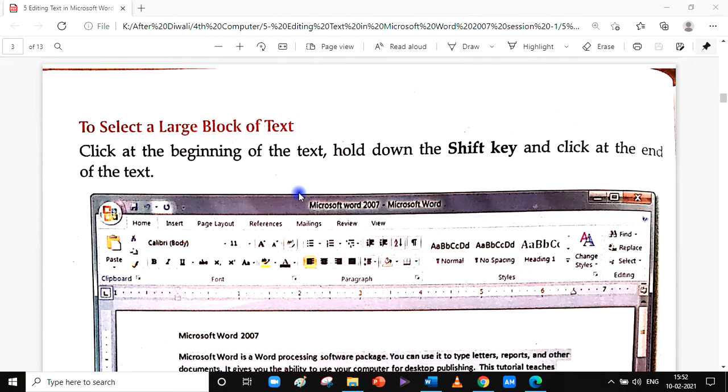There's one simple trick to it. One simple thing you need to do is click at the beginning of the text, the way we used to click in front of the line, remember? That's how you need to click in front of the text, then hold down the shift key and click at the end of the text. Means the text where it begins, you click in front of it, and then hold down your shift key and click where the text ends. And that's how your whole text will get selected.